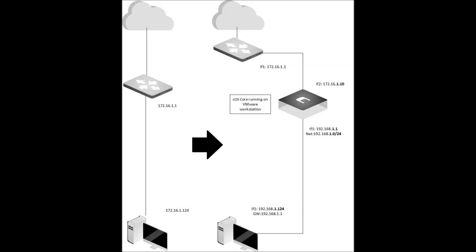In order to achieve that, we will need a firewall with two interfaces. On interface 1, we are going to use the IP 192.168.1.1 and network 192.168.1.0/24. That is the default IP and network configured on the firewall. Our computer will be connected to that interface with IP 192.168.1.124